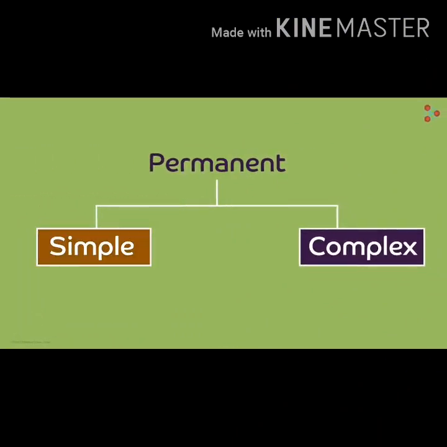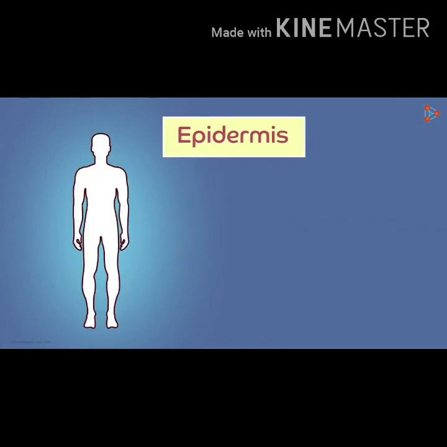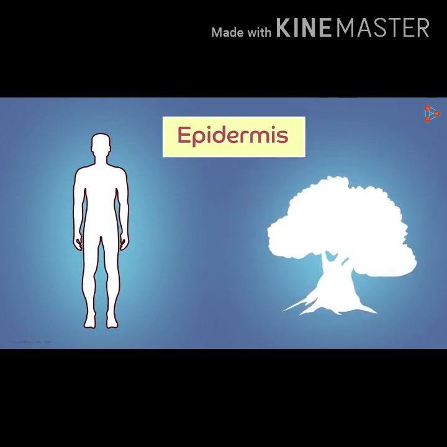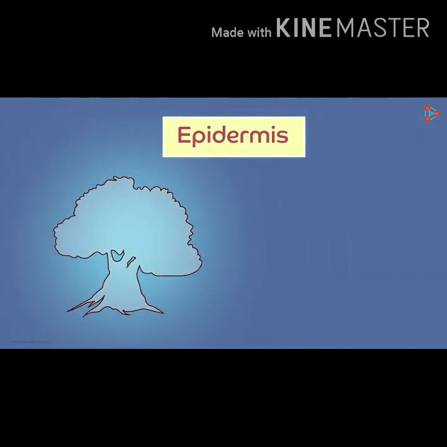Last class, we had learned simple permanent tissues. Before going to complex permanent tissue, let us discuss the protective tissue, that is epidermis. We humans need a layer of skin to protect our entire body and internal visceral organs, right? Plants are not an exception to that. They all require a protective layer or a covering, and this we refer to as epidermis. Do you think that all plants have the same structure and same type of epidermal layer? Definitely not.